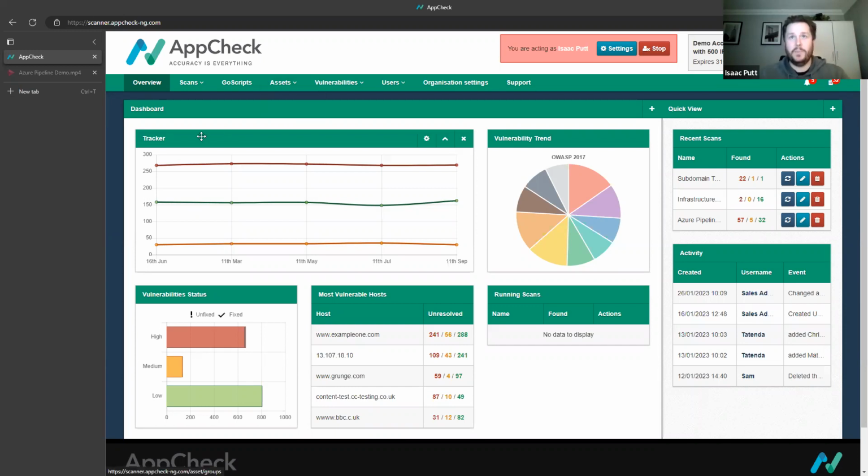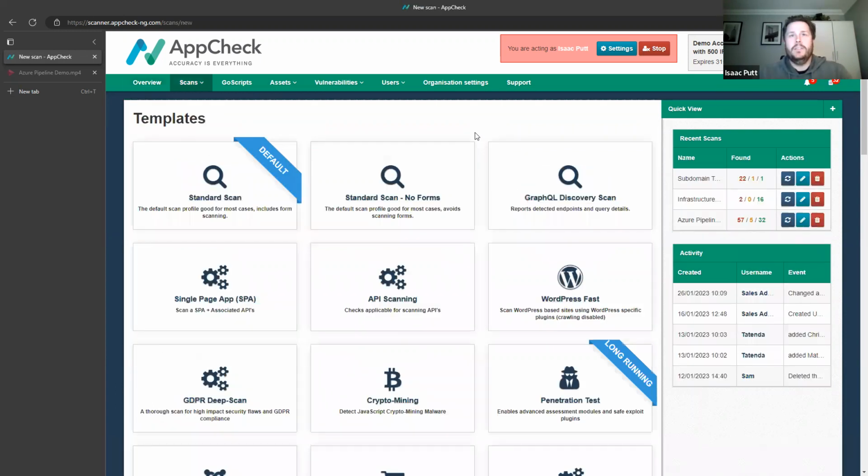So to get to this point, though, where we can actually start reporting on things, of course, we need to set some tests up. So if we go into scans, go into new scan, there will be a load of templates here in a moment. Here we go, that are there to make your life as easy as possible. So these predefined scan templates, they're there for setting up regular tests such as full penetration tests. If you opened up the car bonnet, if you will, you'd also then see the full engine underneath. That effectively is the penetration test.